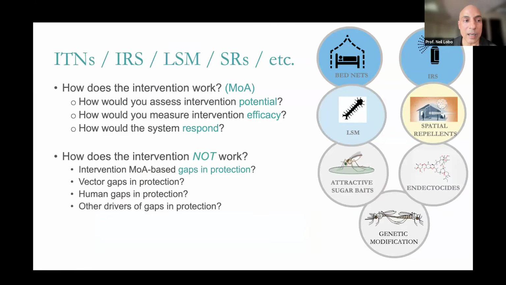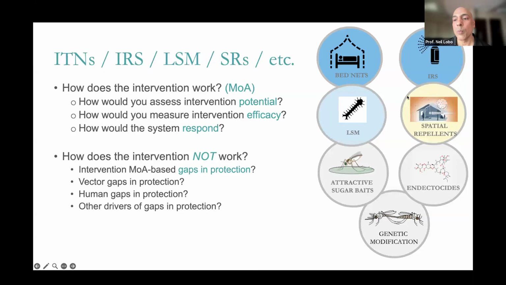But we are going to focus in on bed nets, IRS, LSM, spatial repellents, or rather the vector-related gaps in protection, or vector-related, entomologically related systems. So it's really important when we're looking at entomological surveillance. Even though we want to keep all these other factors at the back of our mind, and we want to understand them, we're going to be focusing on these interventions out here. The ones in blue, bed nets and IRS, are WHO recommended. LSM, or larviciding, is also a supplemental tool. I completely forgot to put in, I'm sorry about this, house screening and things like that, which are also WHO approved.